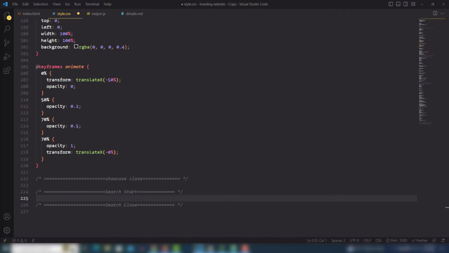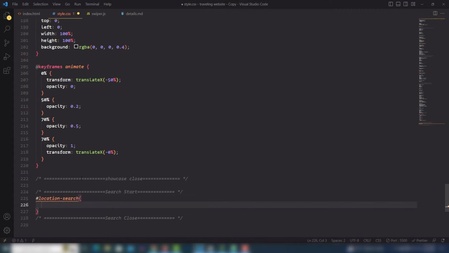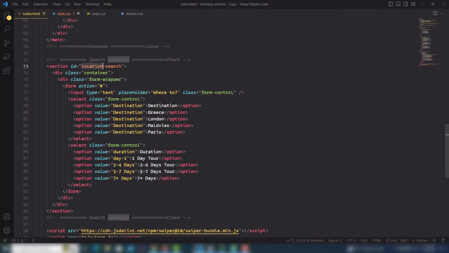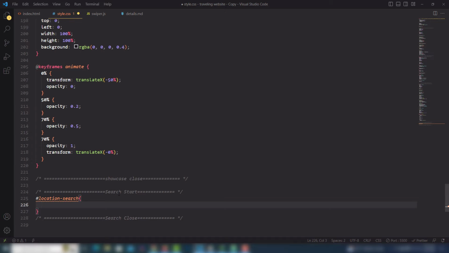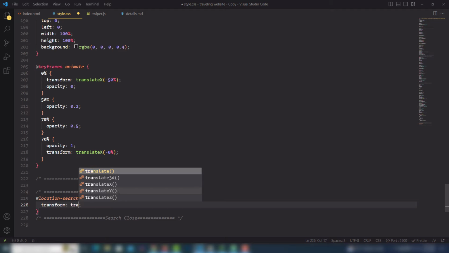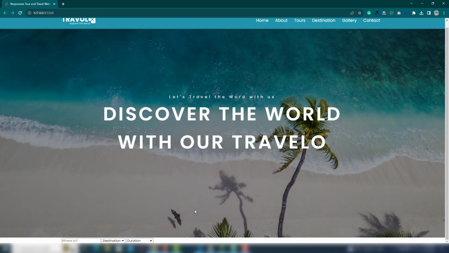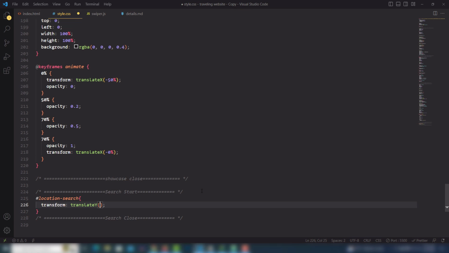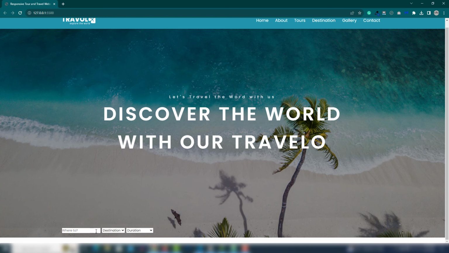So we need to select the first as our location, main ID. Inside that I will use transform translateY, meaning I want to move the content to the top of this area. So I will use transform translateY and assign a negative 170% value. So, and look at that. The content